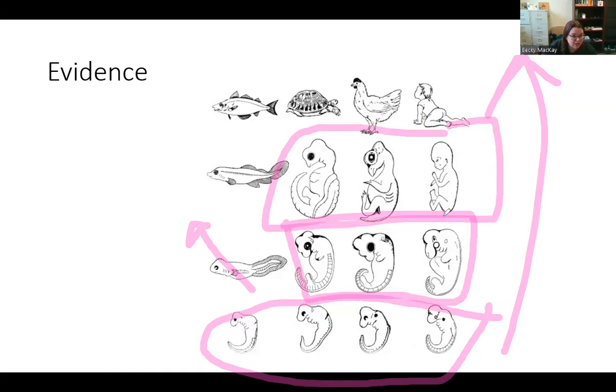The humans have lost their tail, but the turtles and the chickens look really similar, which isn't that surprising considering they're both reptiles. But this just goes to show that at the beginning, we all looked really similar. And we still do. I mean, this is what every single one of you at the beginning of your life looked like. You look just like a fish. And so that's all conserved. We've all had that for millions and millions of years since pretty much the dawn of chordates. We have this, and even though we change a lot over that development, at the beginning, we're very similar.